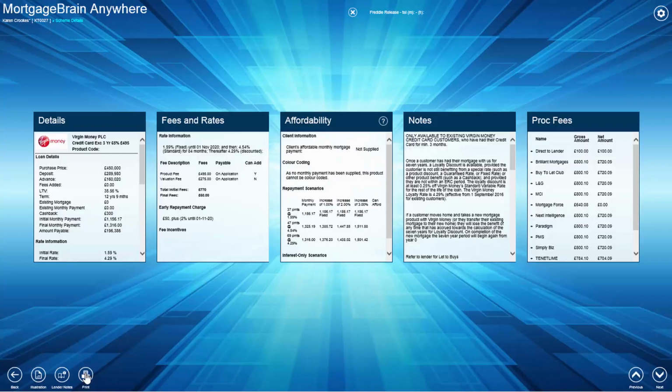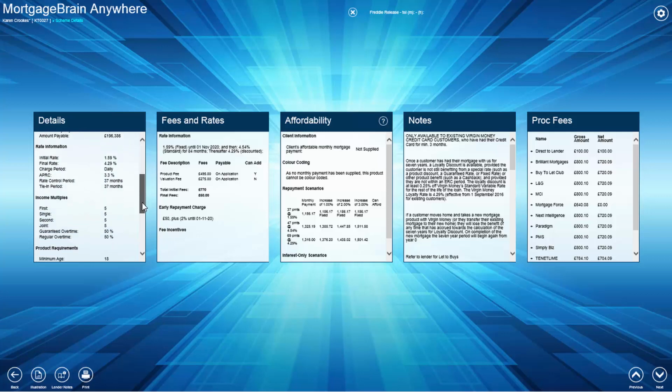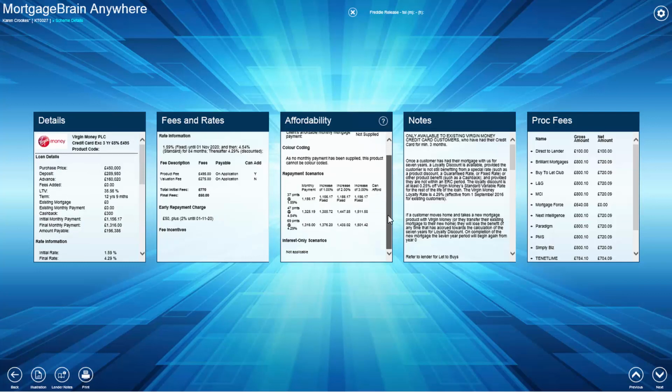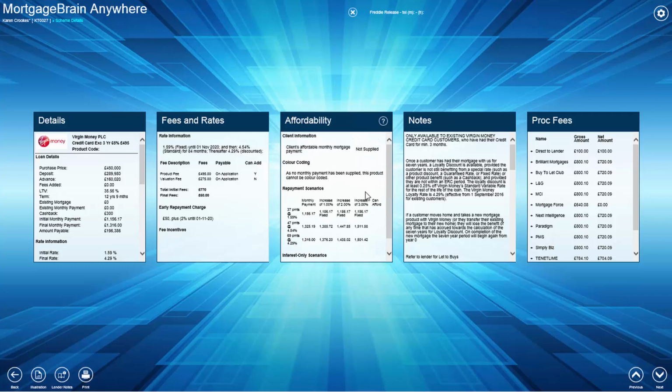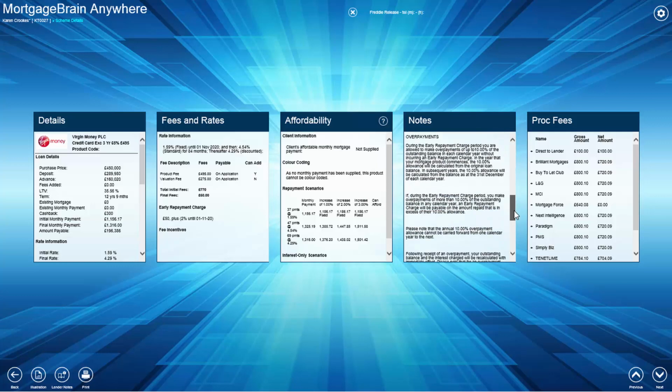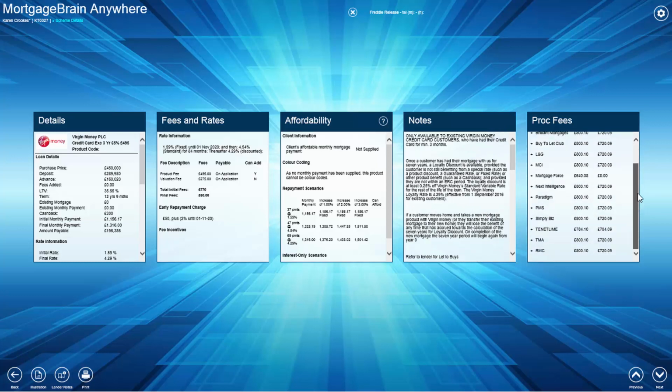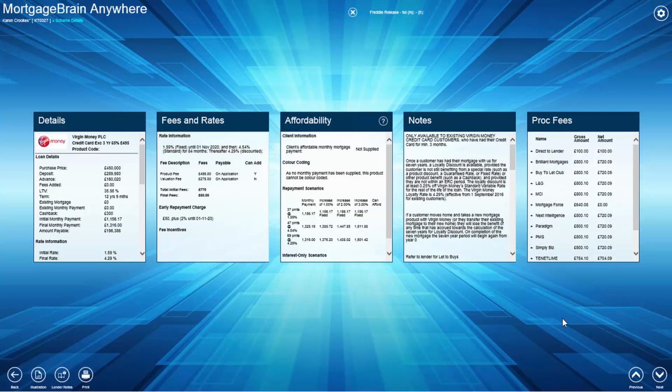And this gives us the scheme details specific to the scheme that we've highlighted. And as you can see, it's divided into a number of tiles of information. So the details contains all the figures. You then have the fees and rates associated with the product you've chosen. Affordability, so this is colour coded, depending on whether it is affordable to your client or not. You have specific scheme notes. And you also have your Proc Fee tile, which shows the Proc Fee that will be received depending on which